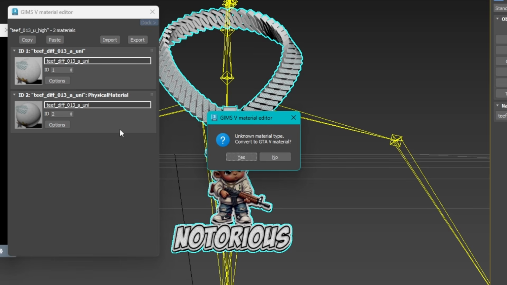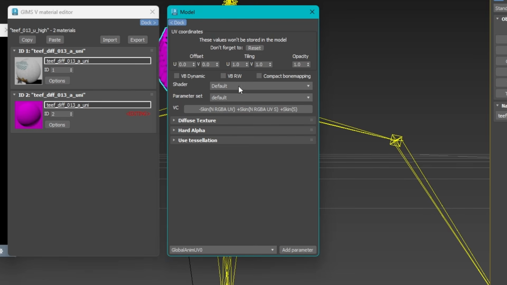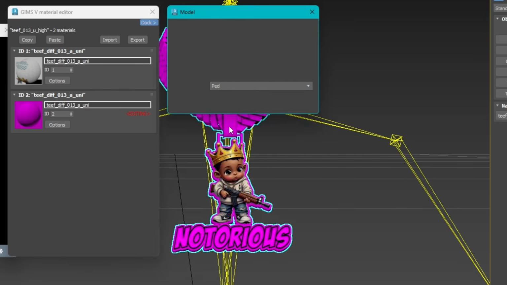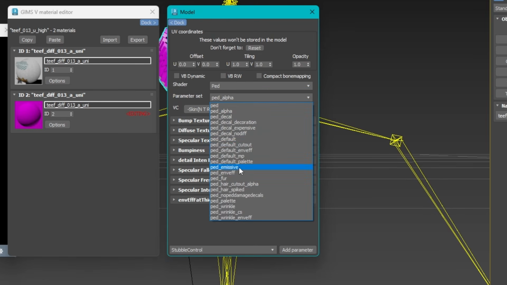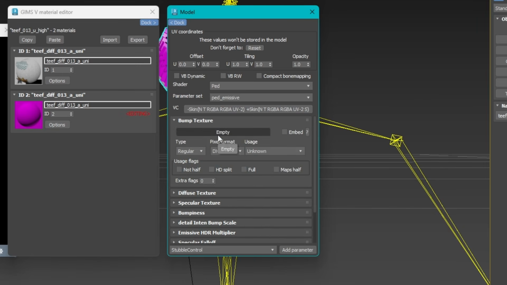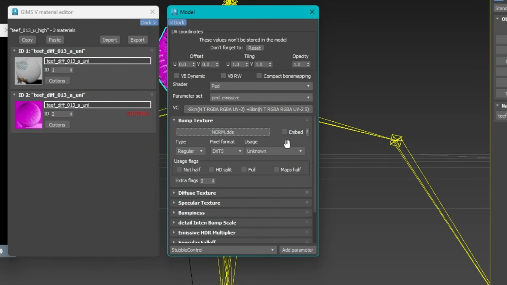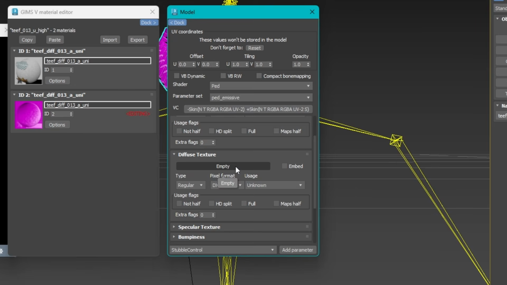And you're going to see when you click this, you're going to have this. So we're just going to select yes. And then this time, because it's glow in the dark, we're going to need to select PED. And we're going to want to select PED emissive. Now the texture settings on here, obviously the first images are going to be the same, but some of these are going to be different. So again, we need to select our bump, embed, diffuse,